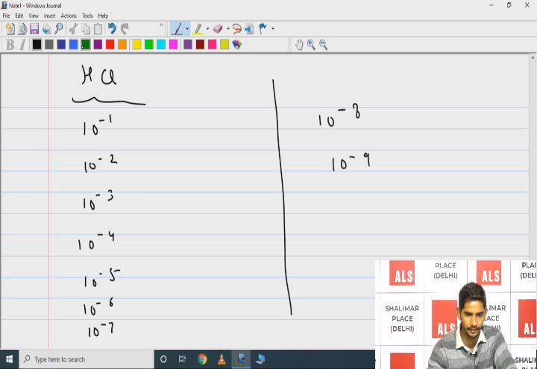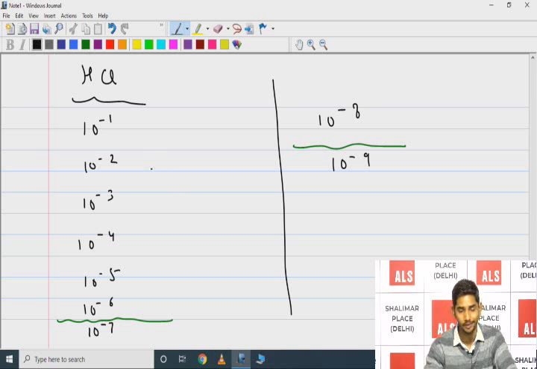I am dividing it: first case is this one, and second case is this one. Now, remember one thing. Whenever concentration is given to you for the case of acids, we will consider H plus only